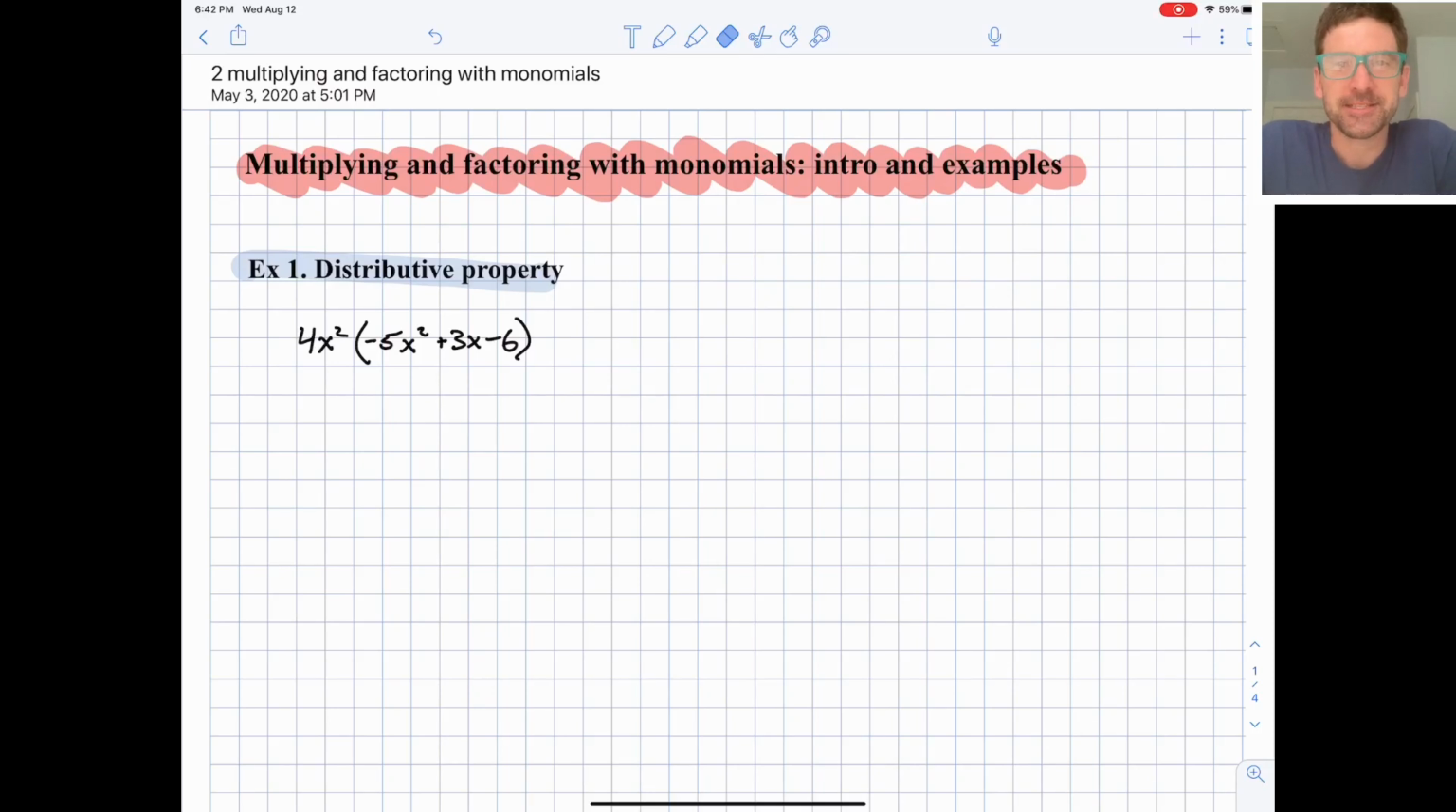All right, we will be continuing on our work with polynomials, and in this video we will be doing some multiplying and factoring with monomials. And I'll start with a brief introduction, a reminder of what monomials are, but mostly we'll do a bunch of